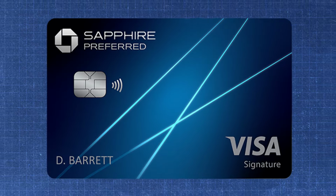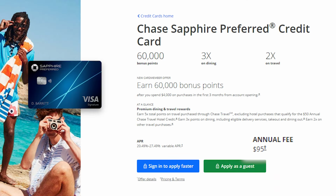So let's get back to the personal cards. For the second to last card on this list, we have the Chase Sapphire Preferred, a $95 a year points earning card that's great for those that enjoy travel. And I say that because not only do you have the ability to earn points on this card, like 5x